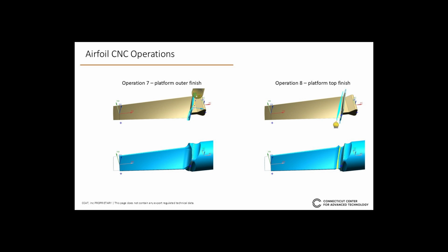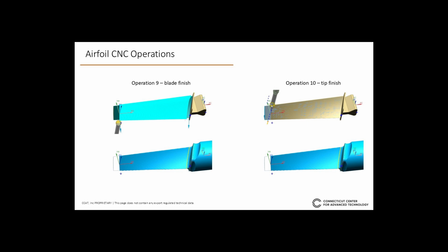Then we go into operation 9, which is the full finishing operation for the blade. So this is going from tip all the way to the root of the blade. And that's going to be important, so keep that in mind. We're always going from tip to root. And then in operation 10, we're doing a final machining on the tip so we can get that dimension in. The end result is the bottom right blue, what we call the in-process workpiece in Siemens NX